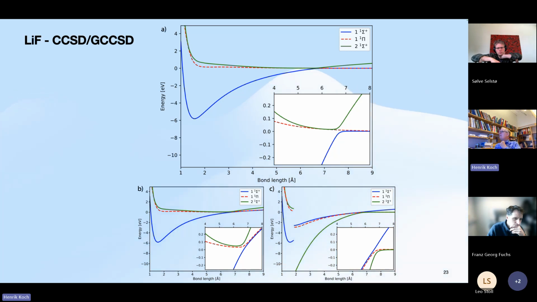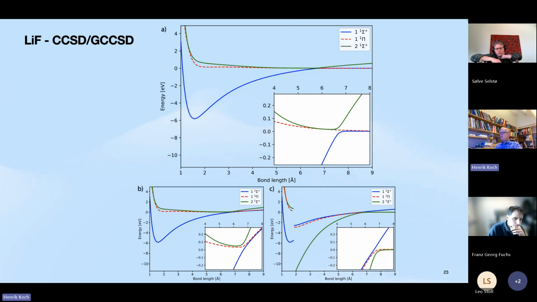And the thing is that this is because you get a larger and larger dipole moment. You dissociate into lithium plus F minus. And so the first excited state is forced down, and then it intersects with the ground state, and then you get an avoided crossing. And this is very difficult to describe, but the GCC does that in panel A here,